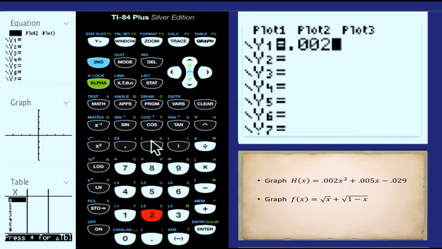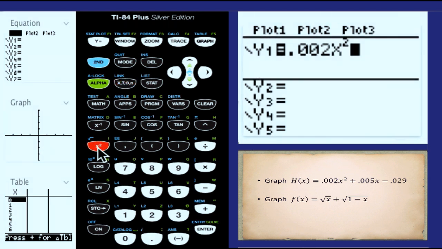0.002 x squared. So the x button is directly to the right of the green button. It has x, t, theta, and n on it. So when we type it, it's going to be x. Then we're going to raise it to the second power. So you can either use the exponent button or you can use the shortcut button, which is x squared. That's the one I'm going to use. And then I'm going to keep typing plus decimal point